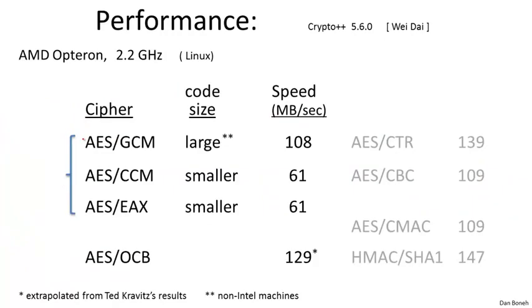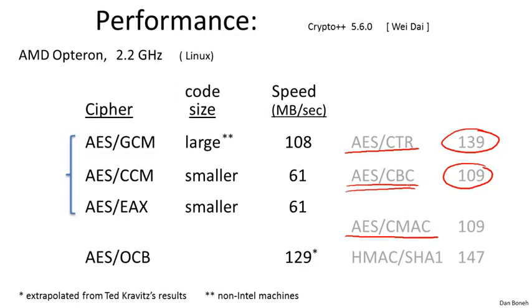So to conclude this section, I wanted to show you some performance numbers. Here on the right, I listed performance numbers for modes that you shouldn't be using. This is for randomized counter mode, and this is for randomized CBC. And you can see also the performance of CBC MAC is basically the same as the performance of CBC encryption. Now here are the authenticated encryption modes. These are the ones that you're supposed to be using. These two, you should never ever use on their own, because they only provide CPA security. They don't actually provide security against active attacks. You're only supposed to use authenticated encryption for encryption.